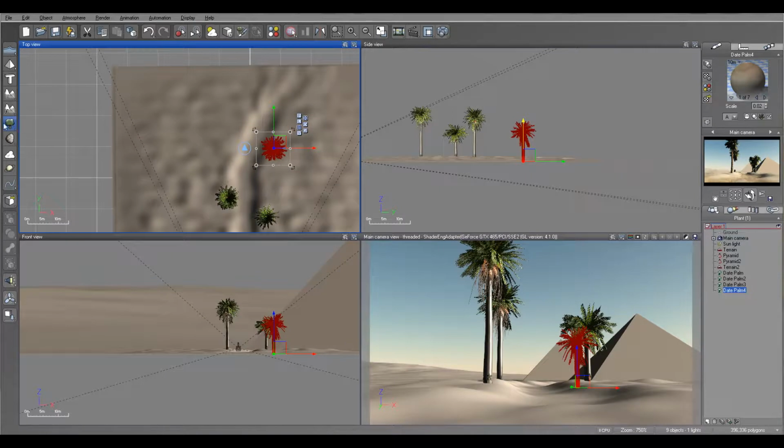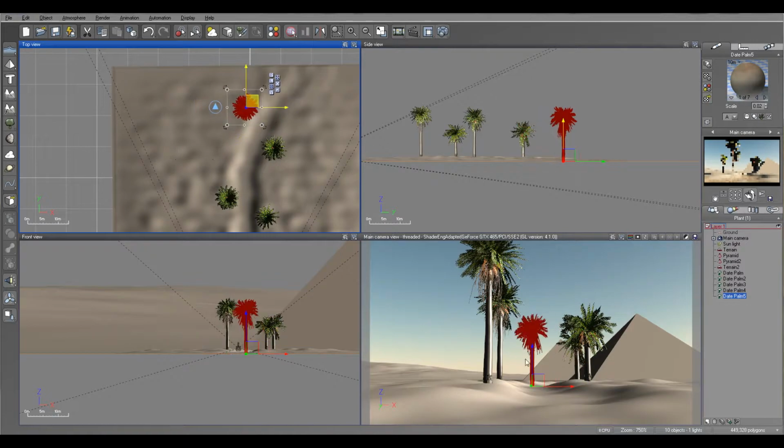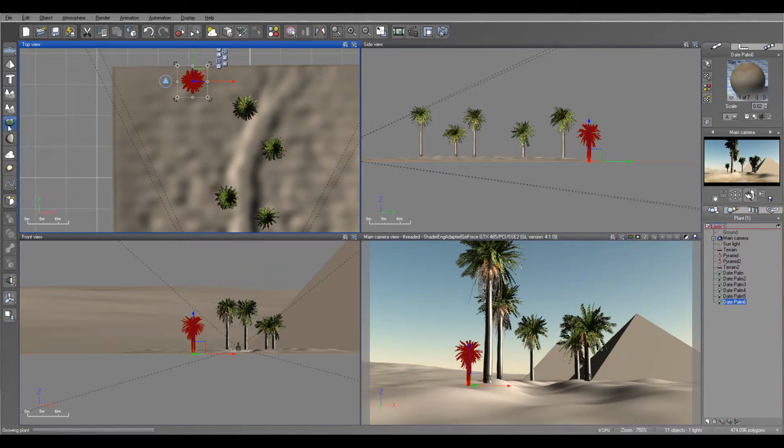You know, maybe a few more right around this curving, so we kind of have it nice. Maybe right somewhere around this area as well, so showing some palms in the distance. So I'm going to put one right here, and let's create one more,